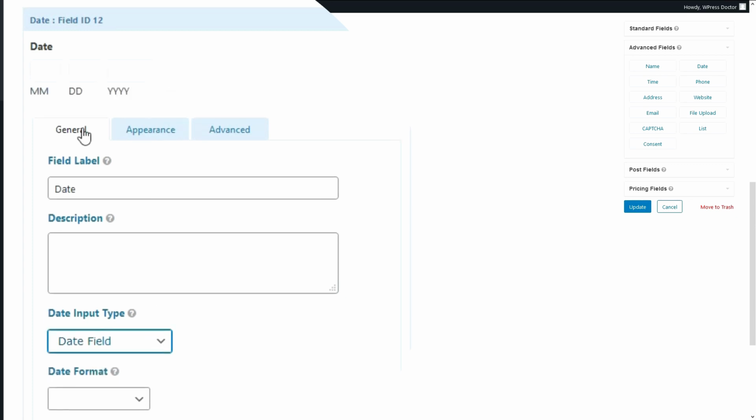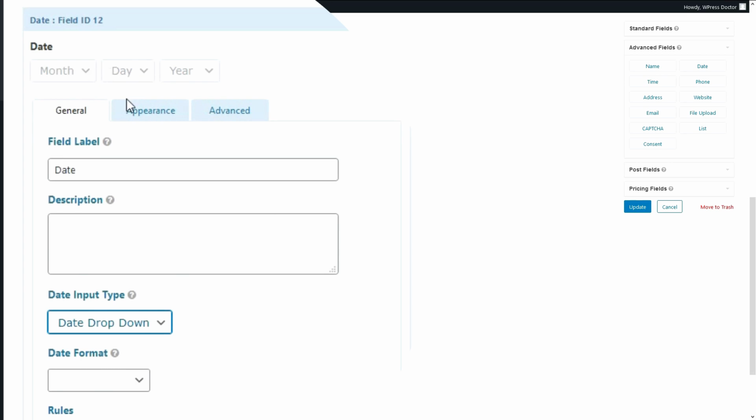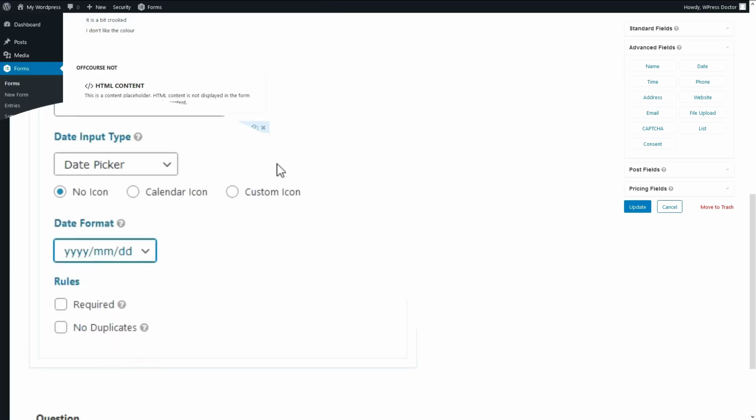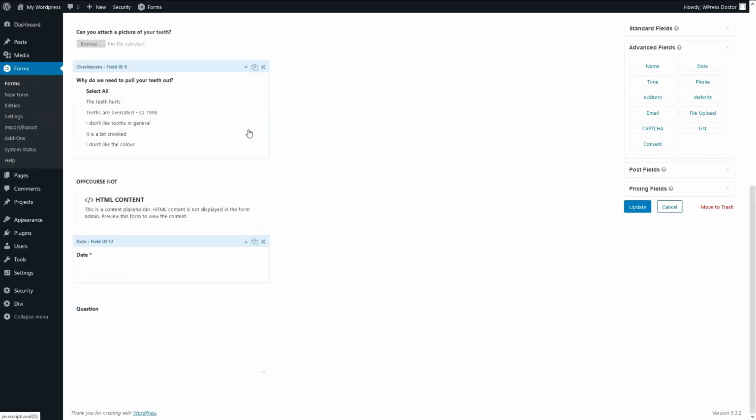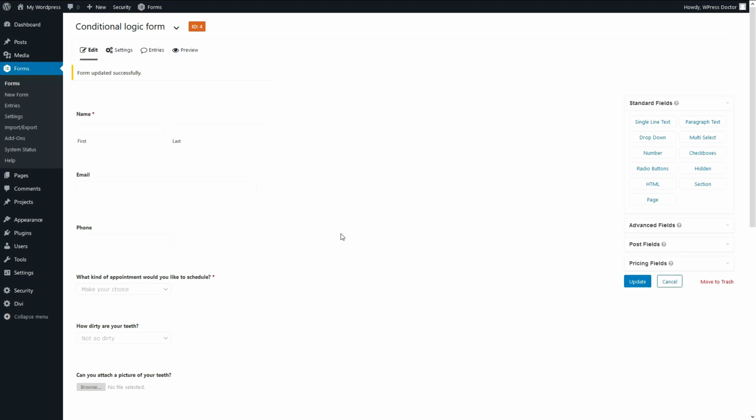You can also have a date field. People have to fill it in manually. Not so good for this type of content, but they can use it to fill in their birth date, for example. The date picker is by far the best. The drop down is also great for having your birthday on the form. But let's go with the date picker. The date format, well, let's choose it in your language, whatever that is. This one is required, and we go check this field out on the front end of our website.